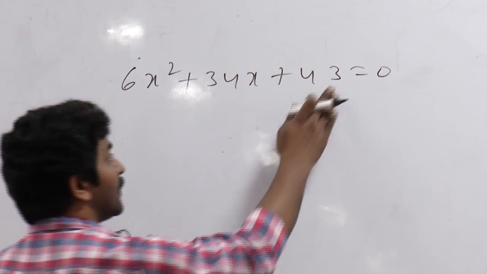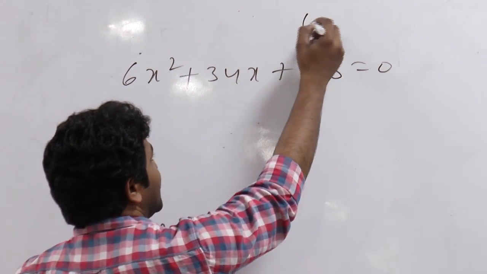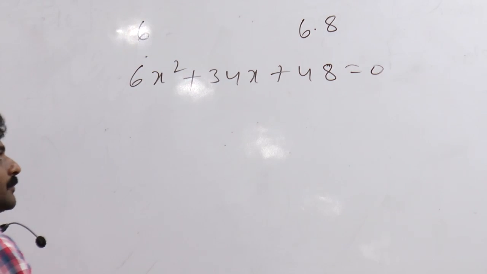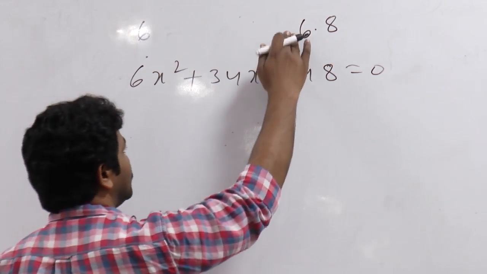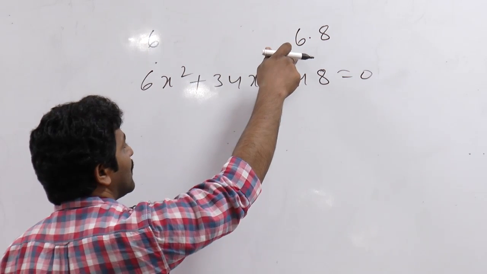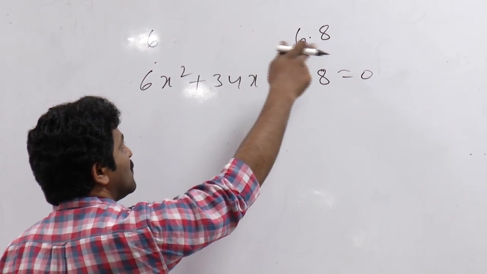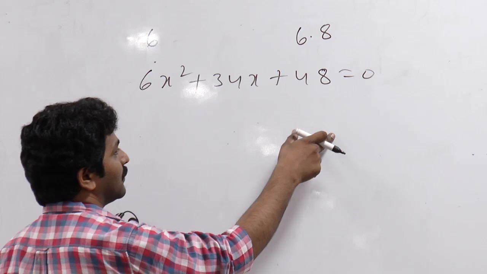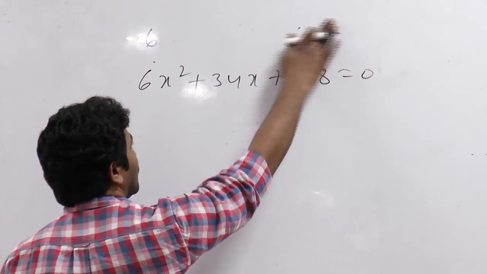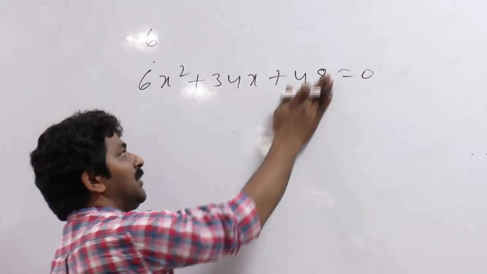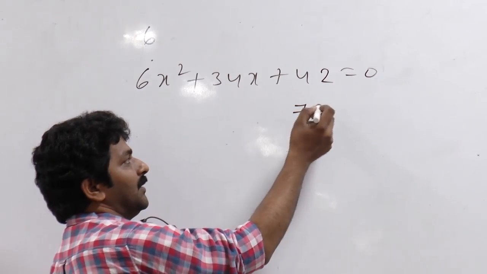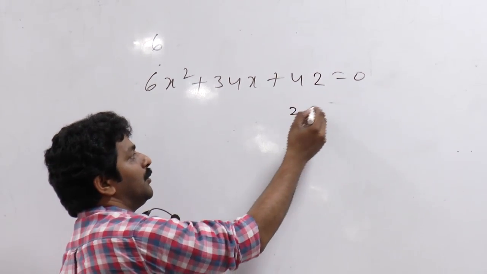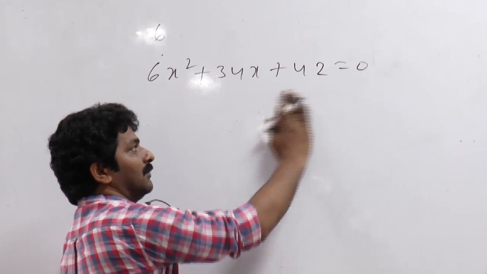If it is 40, if it is 48, 6 into 8, and then 6, 4 into 12, 4, 12, 36, 2, 24, no. If it is 42, 7 into 6, 2 into 21, no. 46, ah,